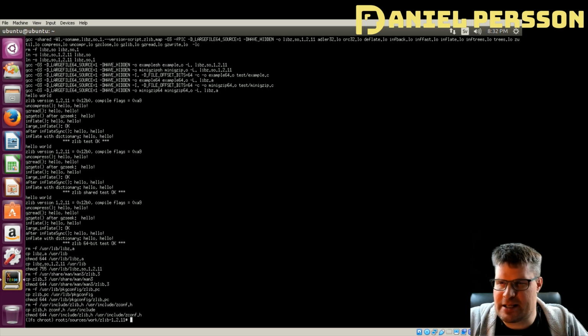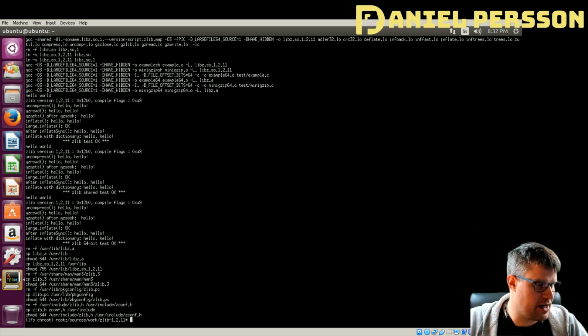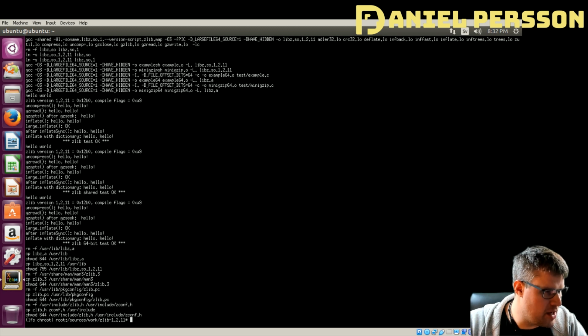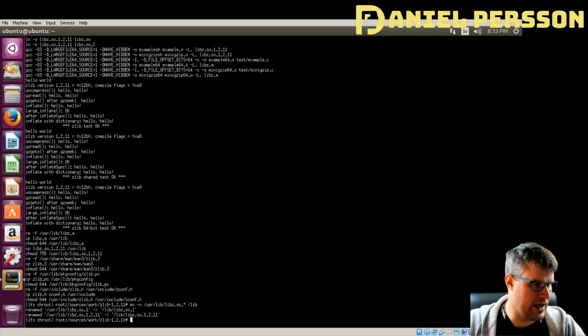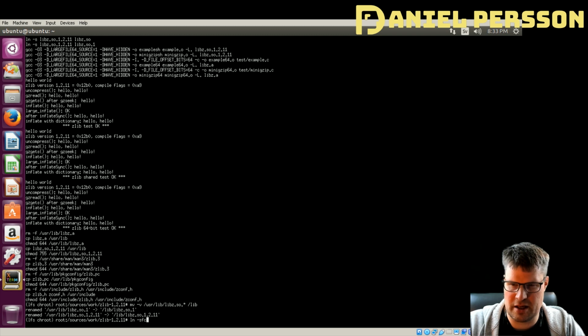And let's see, the next thing we can try now is to copy or move some files here. So we will move -v from /usr/lib/libz.so.* to /lib. So we move a few files there, and then we do some links from